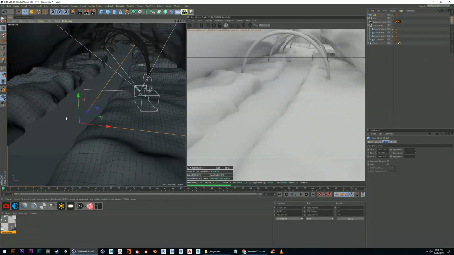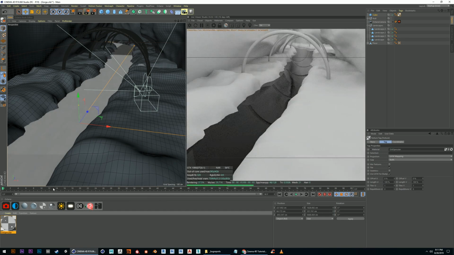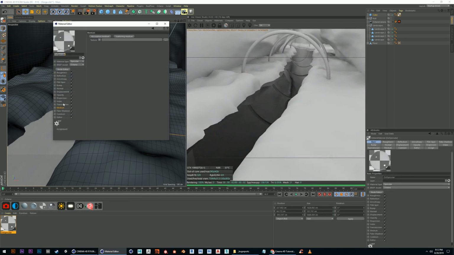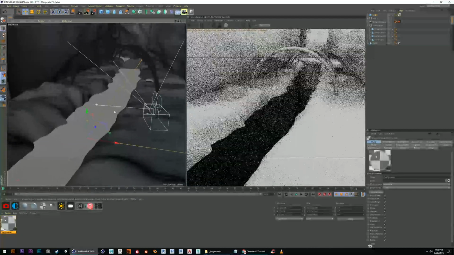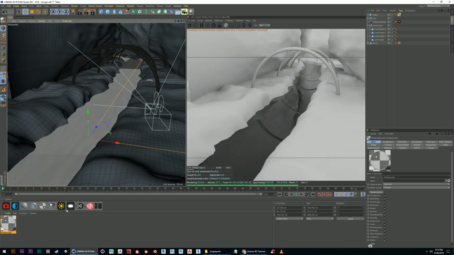Okay. So now we got that. Let's go ahead and add this. I think for water it's 1.55 or something. I don't know. We'll double check that right now. But now it's time to start adding some color and lighting. So this one will be water. And now we want to add